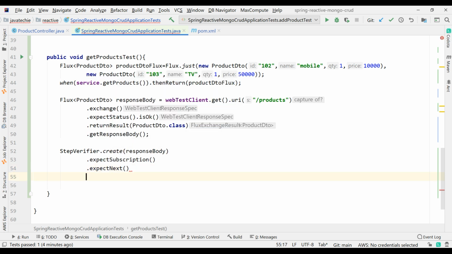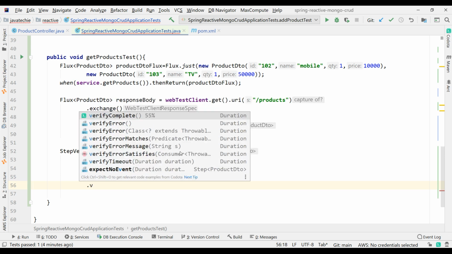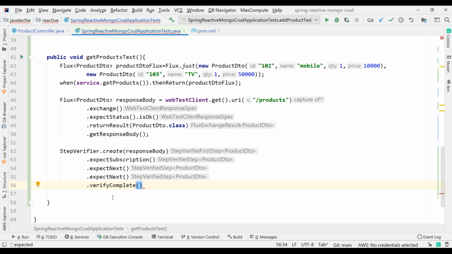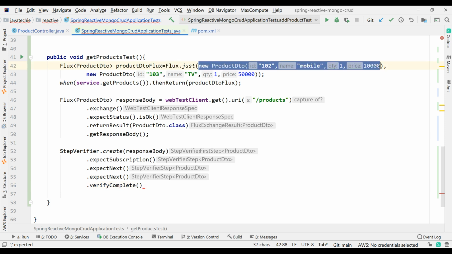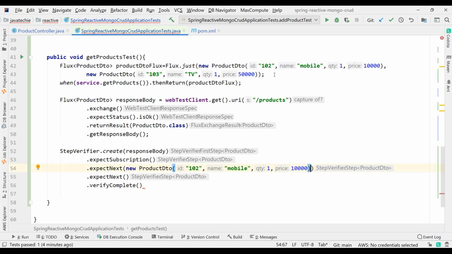Then I'll add another because there are two objects. I just want to verify both the two objects. Okay, then verify complete. So in expect next, I just want to check this object. That is what I was just returning, right? So I'm just adding it. Fine.